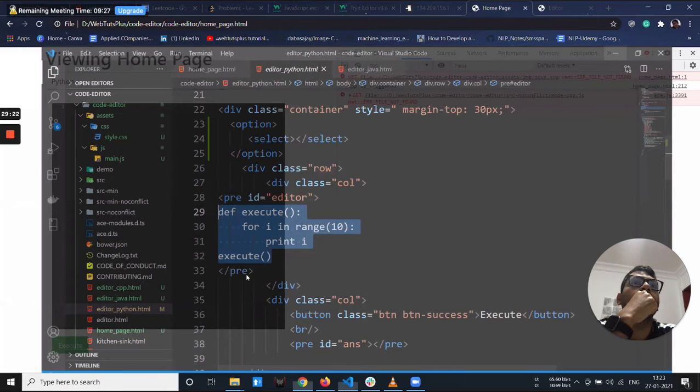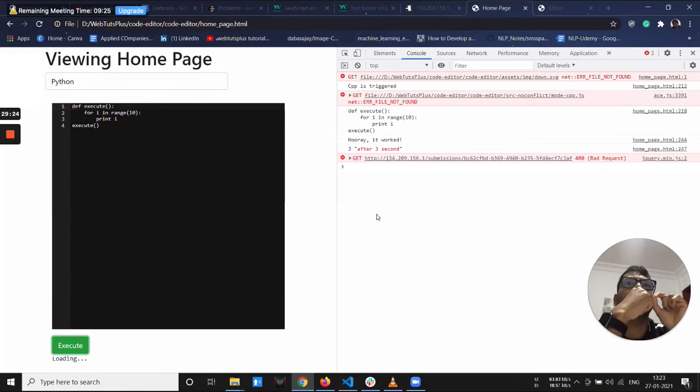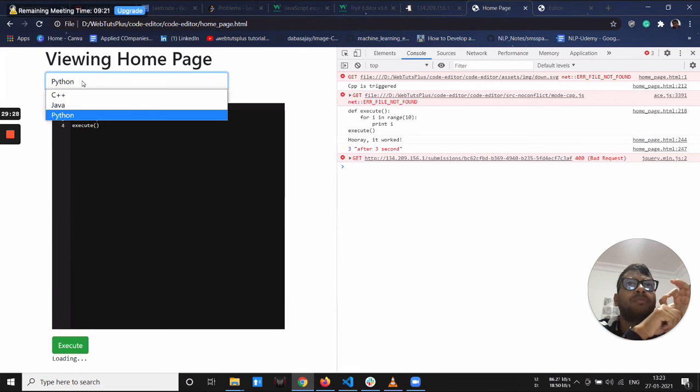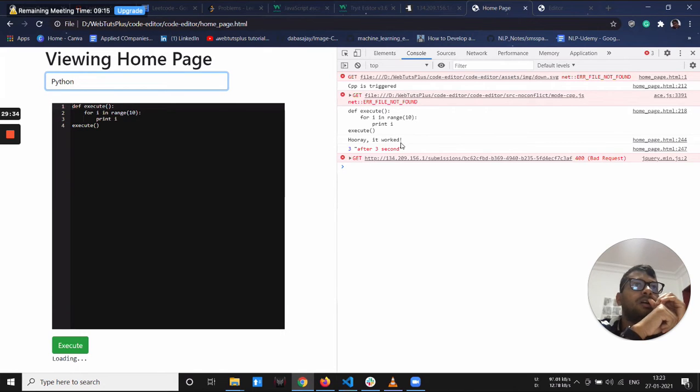When you select the Python language, are you triggering the load Python method or not? Is it triggering the console that we made? So it is not triggered, right? Yes. So let's trigger it fast and see why it is not triggered.